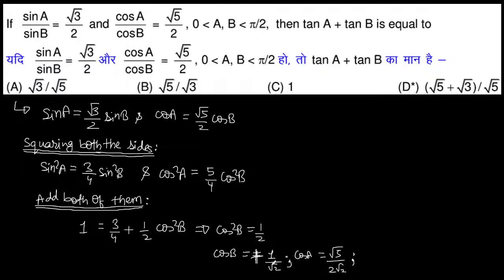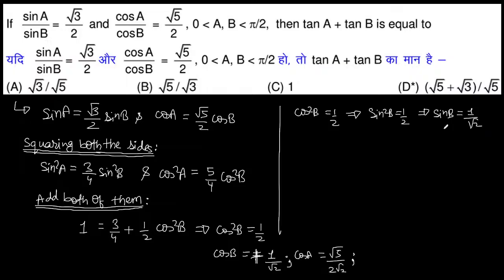कॉस बी 1/√2 है, तो साइन बी का क्या होगा, कॉस स्क्वायर बी इज इक्वल टू 1/2, साइन स्क्वायर बी इज इक्वल टू 1/2, साइन बी इज इक्वल टू 1/√2। तो साइन बी 1/√2 हो गया, तो साइन ए √3/2√2 हो गया,